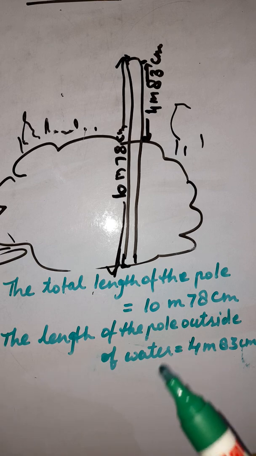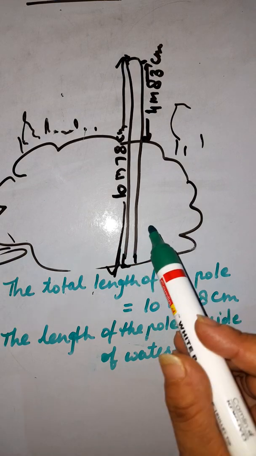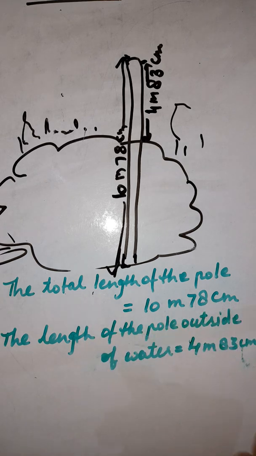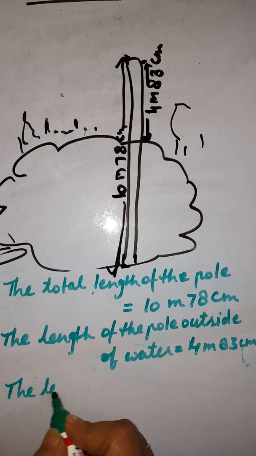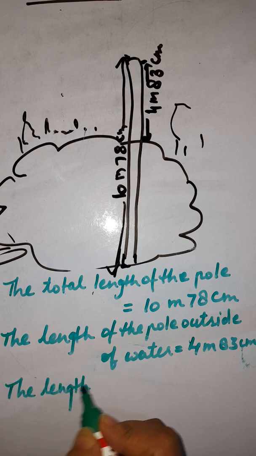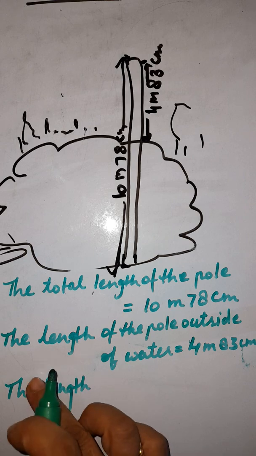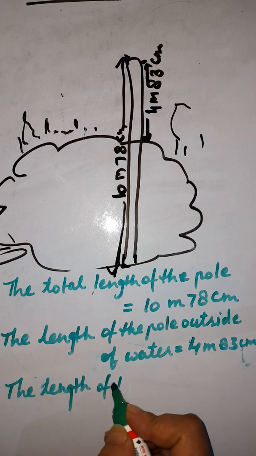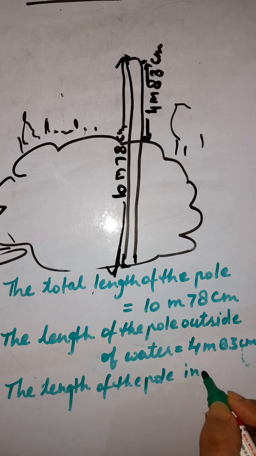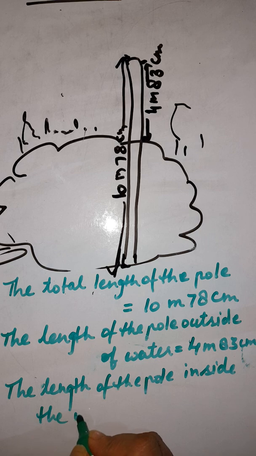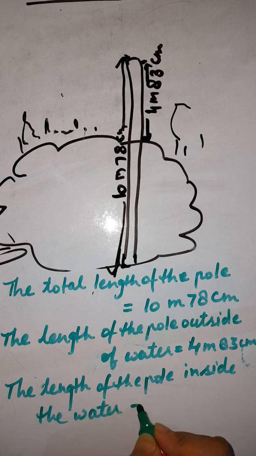If we find out the length of the pole inside the water, we can easily get the depth of the pond. So we'll write here: the length of the pole inside the water is equal to,